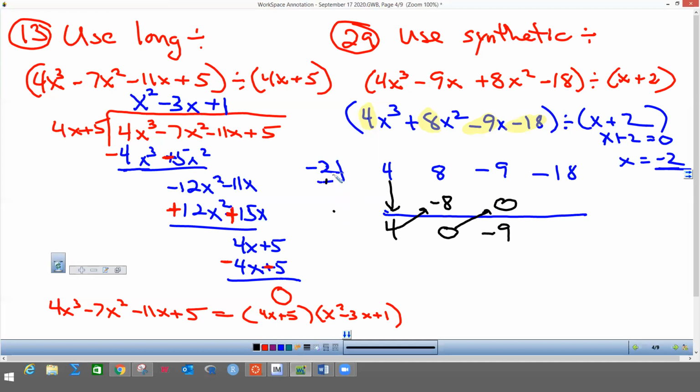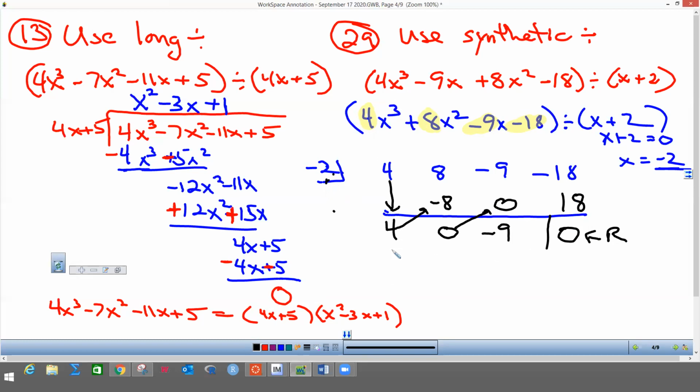Then we take this number in the box and we multiply it times negative 9, and it goes here. And we add these two numbers, and that is 0. So this is the remainder again, just like this 0 was. So I'm going to do a new problem because I got no remainder. So what this tells me is,